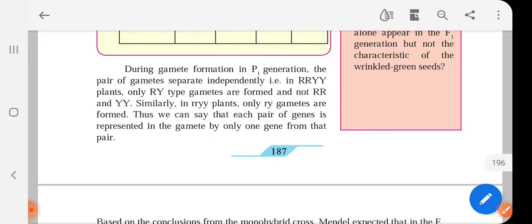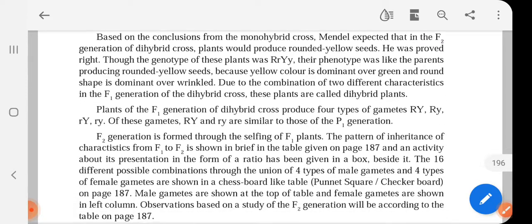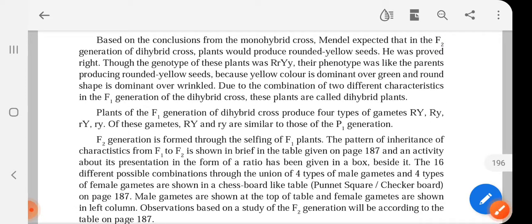During gamete formation in the P1 generation, the pair of genes separate independently. That is, in RR and YY plants, only RY type gametes are formed and not RR and YY. Similarly, in rryy plants, only ry gametes are formed. Thus, we can say that each pair of genes is represented in the gamete by only one gene from that pair. I told you about this. So, based on the conclusion